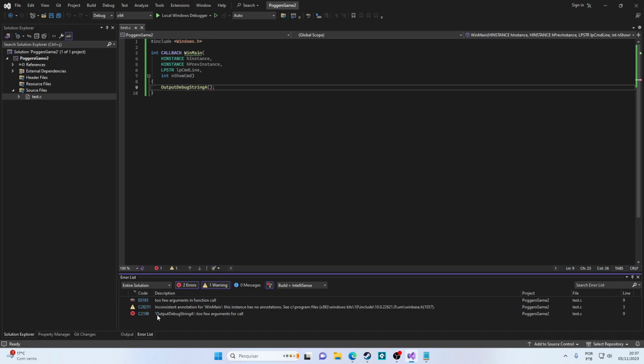OutputDebugStringA, too few arguments for call. So let's see the arguments. We need here an LPCSTR. So what is an LPCSTR? This is just a text. If we want to output something, we need to say what we need to output. So let's try hello, comma, world,